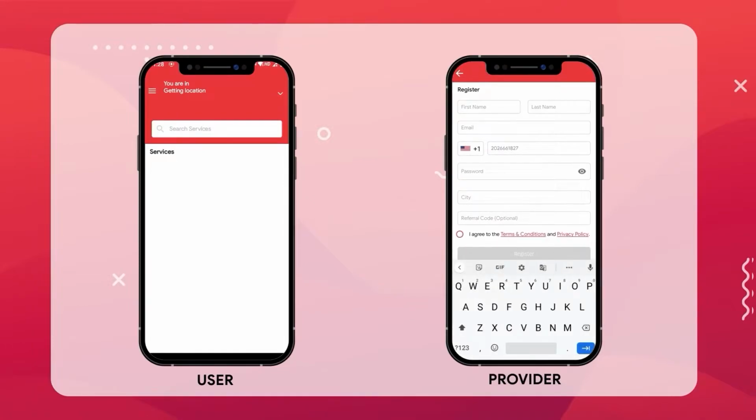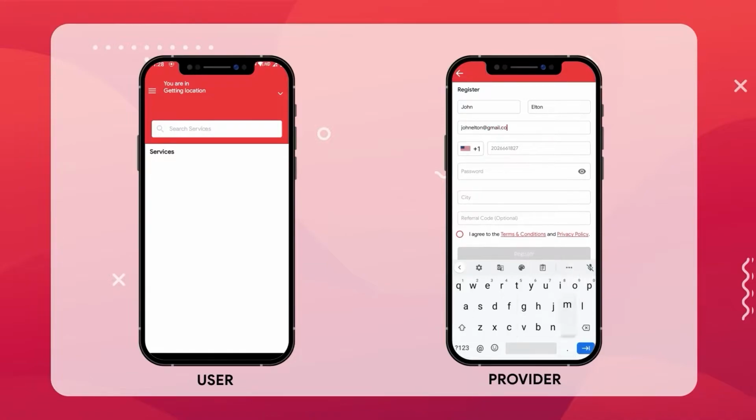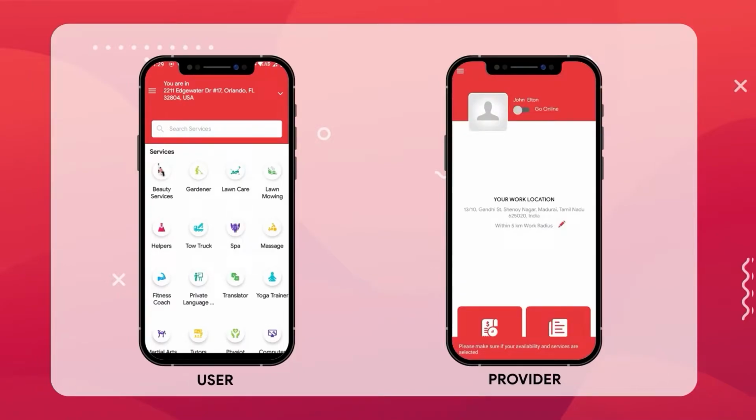After entering the mobile number, on the next page, kindly enter the first name, last name, email address, password, and then the city name. Now you have to agree to the terms and conditions and click the register button. Now you have successfully registered as a provider in the Go4 Handyman application.